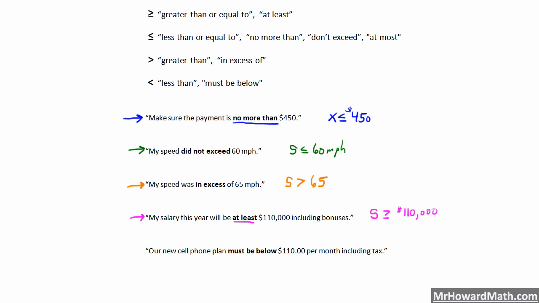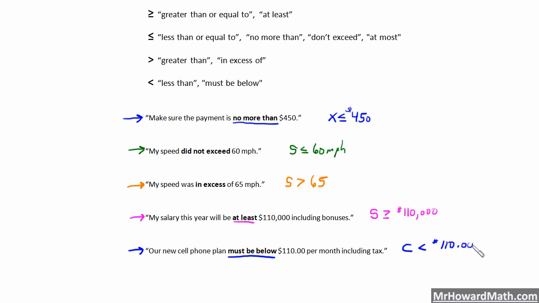All right, let's look at this last example here. Our new cell phone plan must be below $110 per month including tax. So if we let C equal our cell phone plan, it must be below $110. So that is going to be right here. Must be below. Less than. Okay, so let's put that. Our cell phone bill must be less than